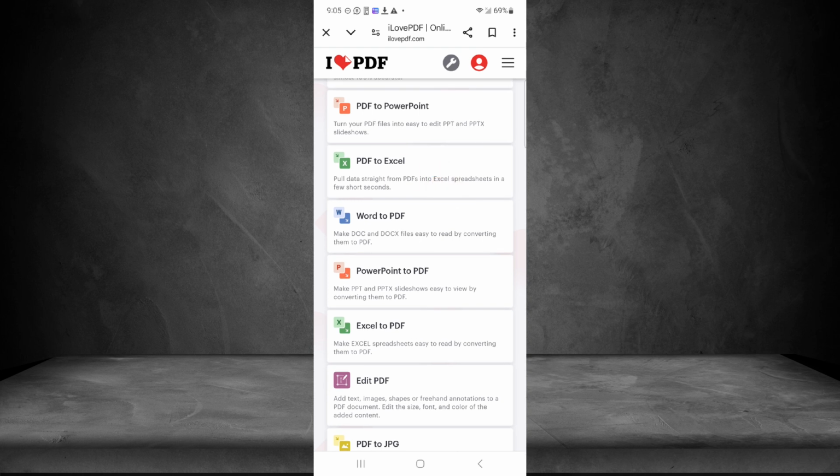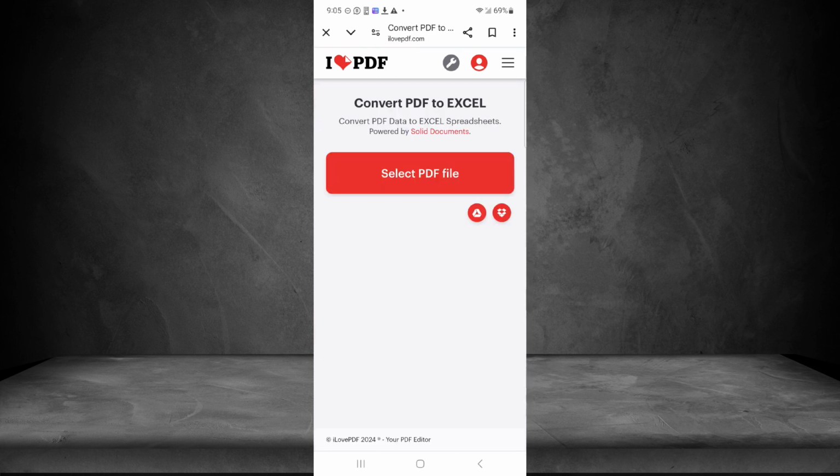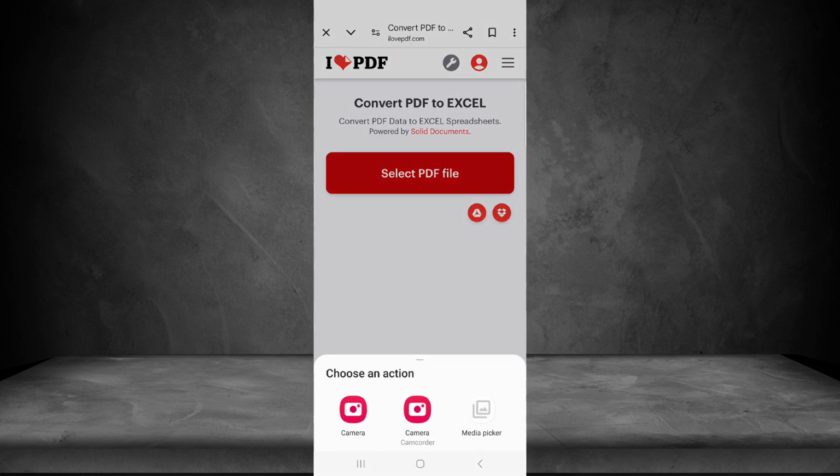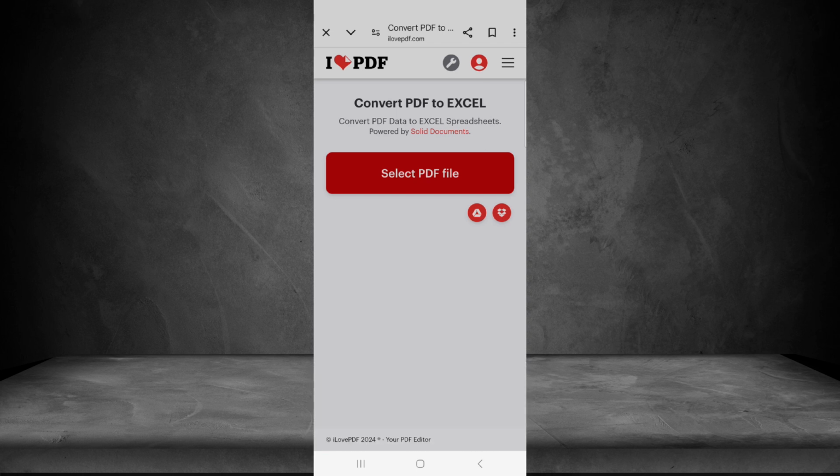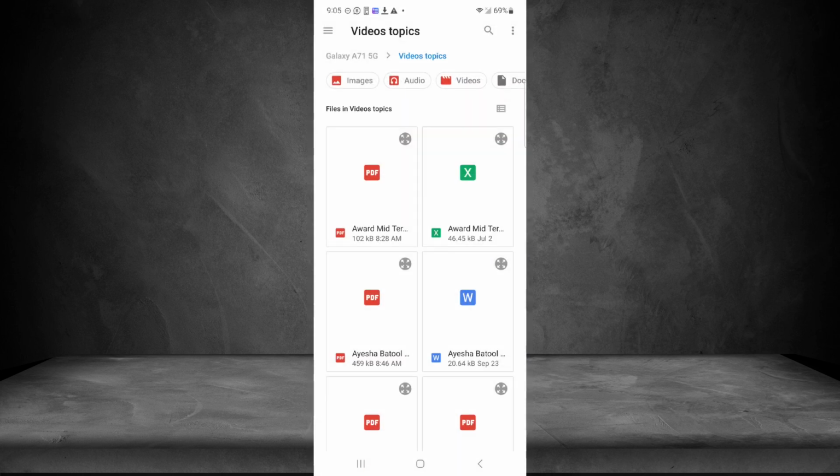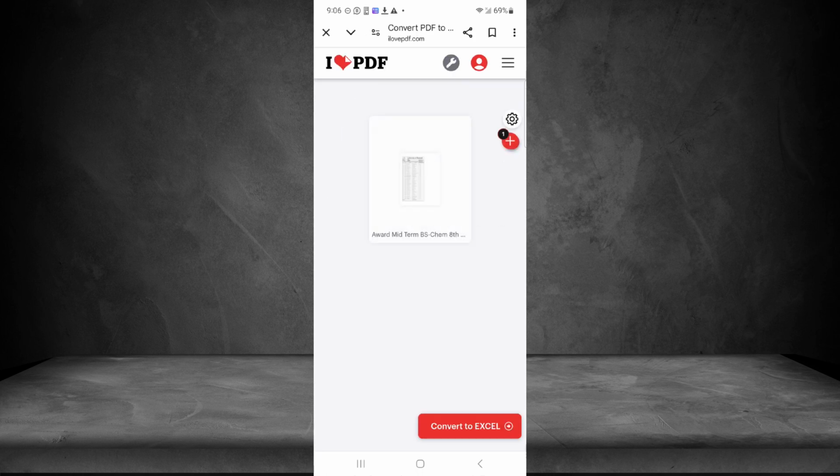on PDF to Excel. Click on it and select PDF file and click on media picker, and here you have to select the PDF file that you want to convert into Excel file. For example, I want to convert my first file into Excel file. I will just click on it and click on convert to Excel,